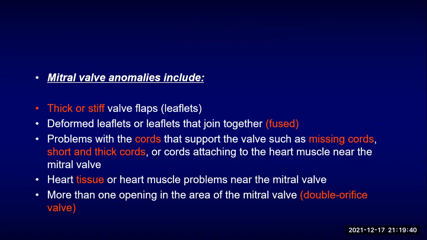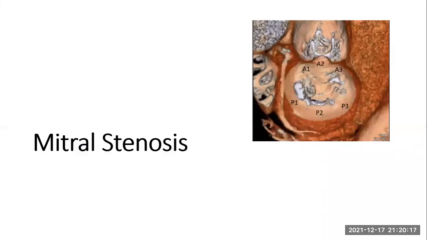Okay, most commonly we need to see the mitral valve anomalies, which include the thickening and the stiffness of the leaflets. We need to see the fusion of the commissures. We're gonna see some examples now. And we need to see the anatomy and the anomalies of the chordae tendineae, and of course the papillary muscles, and also the number of openings of the mitral valve. We can have, for example, a double orifice mitral valve. We're gonna discuss this later. Okay, first we're gonna discuss the